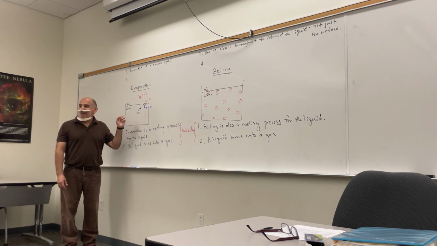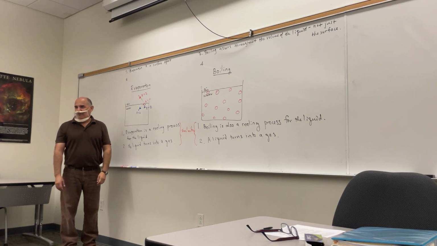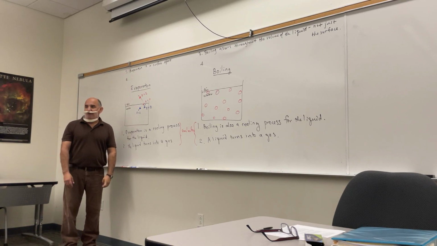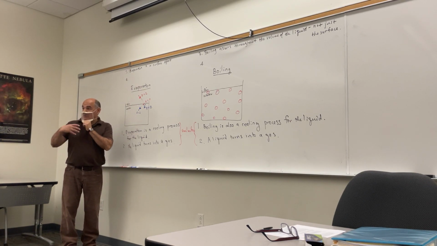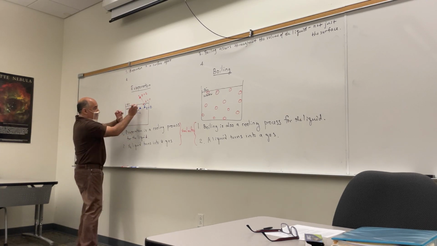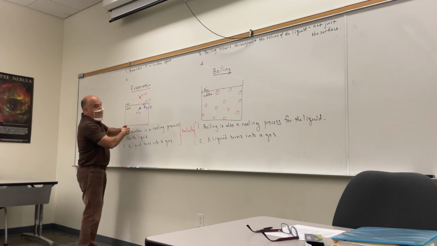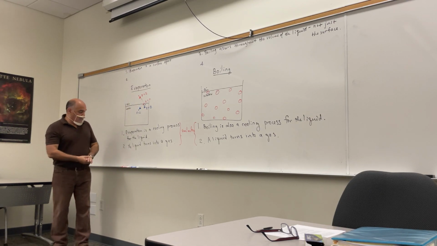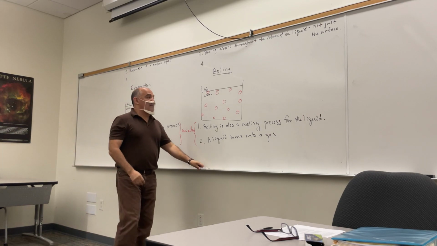Evaporation can happen at any temperature. The water can evaporate even if it's at 1 degree Celsius, 2 degrees Celsius. The hotter it is, the closer it is to 100 degrees, the more quickly it'll evaporate, because the molecules are jiggling more vigorously and the collisions will be more violent, and more of them are going to get kicked out of the liquid. So the other difference is that boiling, right,